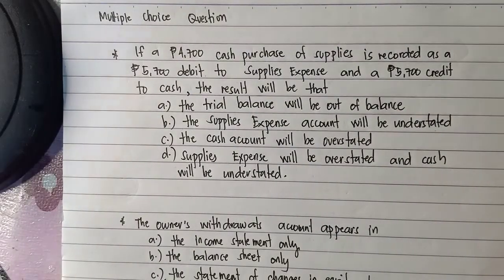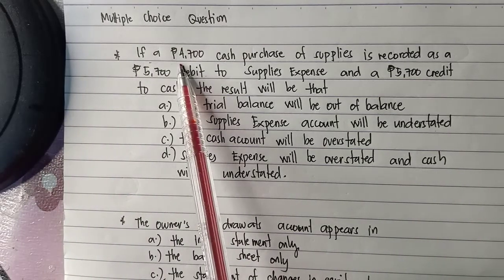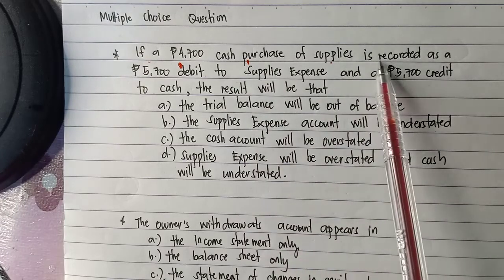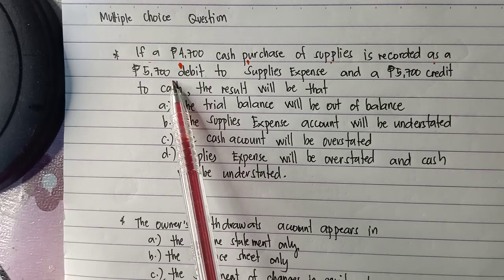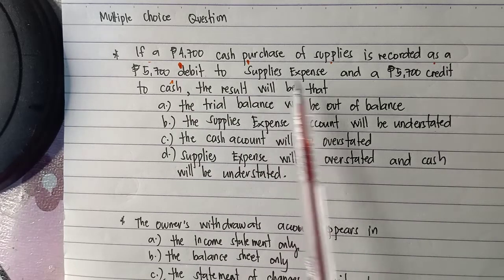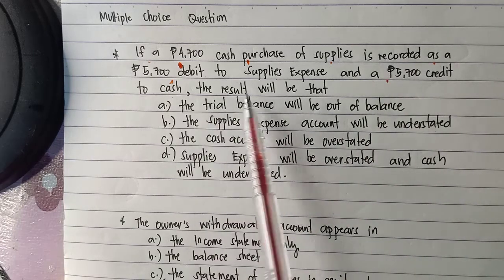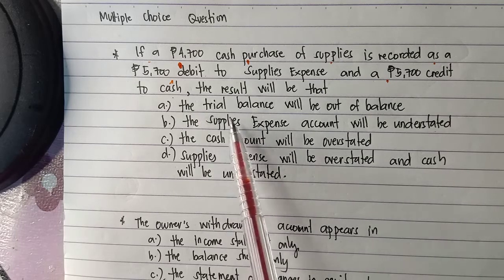Multiple choice questions for basic accounting. So our first question is, if a 4,700 pesos cash purchase of supplies is recorded as a 5,700 pesos debit to supplies expense and a 5,700 pesos credit to cash, the result will be that letter A, the trial balance